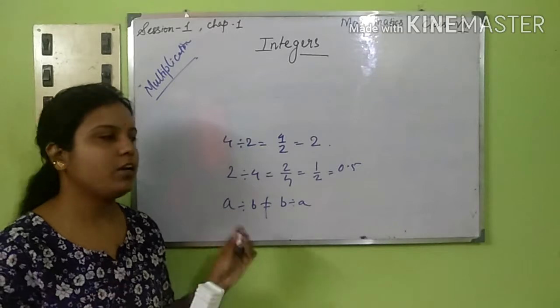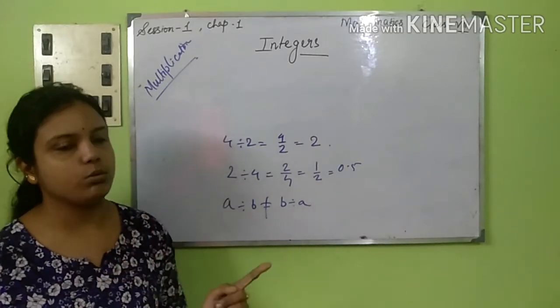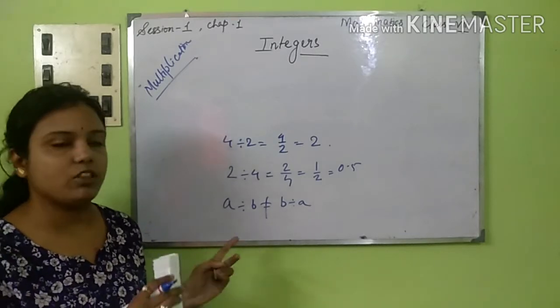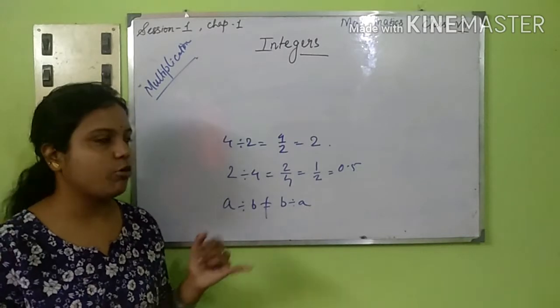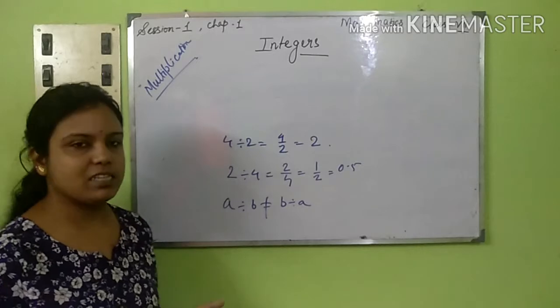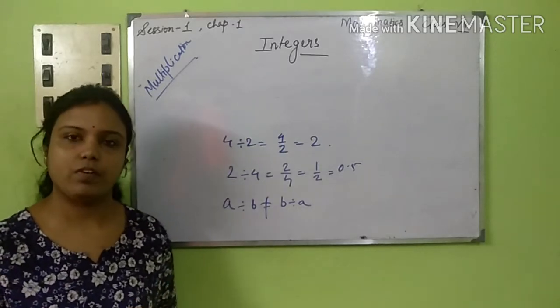Not even a single property holds for division. For subtraction, only one property holds, that is the closure property, and none of the others hold. I hope I'm clear with all the properties of all the operations, that is addition, multiplication, subtraction and division. Next, coming to the operations part now. How will you do the calculations or the simplifications?